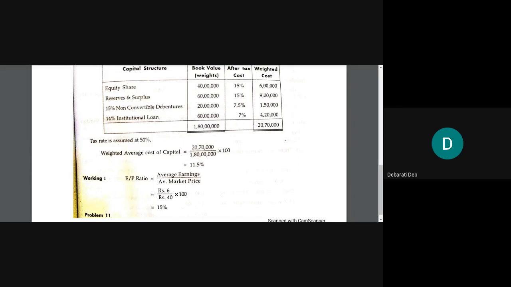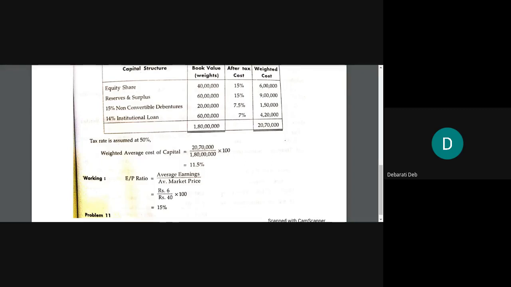Okay, so we are keeping the formula uniform and we are using the EP ratio concept. If you remember, I had given you three different formulas for cost of equity share. We are using probably the second one, I think. Just a second, let me see. No, it is the third one. Earning price approach formula, EP formula. Okay. Because retained earnings also will be calculated at once. That's why we are using this formula.